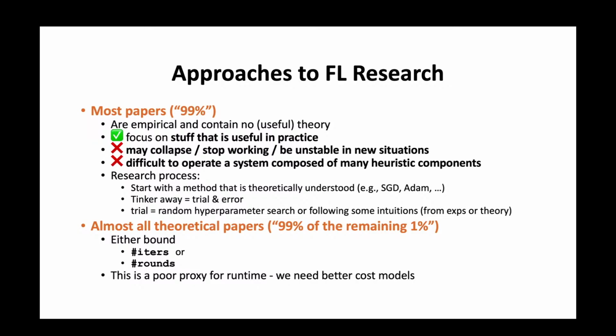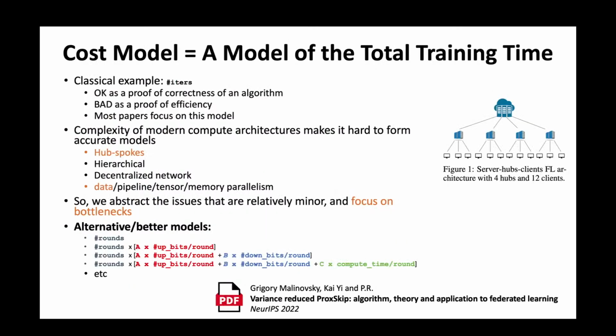So for instance, if you count the number of communication rounds, but each communication round varies just because you have heterogeneous clients that are available, not available, and so on, or do more or less work, then this doesn't make all that much sense. Okay, so this leads us to this idea of a cost model, which I don't,